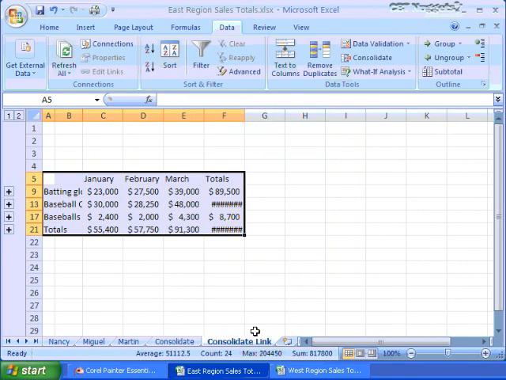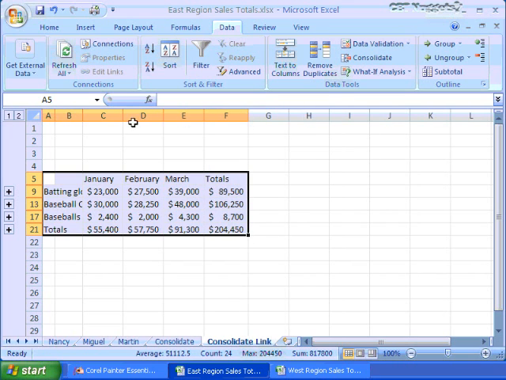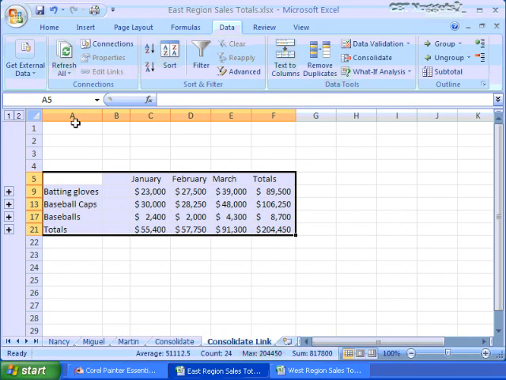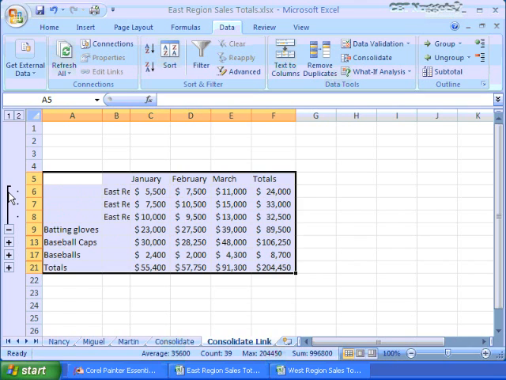Now I should have all this. Okay, Consolidate Link. I do have my labels. I'm going to resize again. But I have a new column here that I didn't have before. I also have the pluses here that I didn't have before. Pluses are here because it's now an outline. And we'll talk about outlines at a later point in time, how you actually create them. But here we're seeing the value because